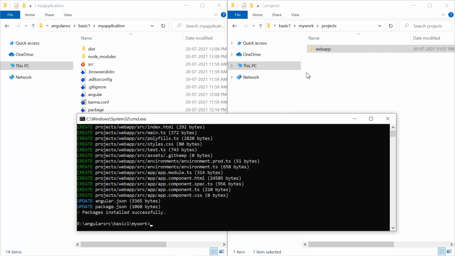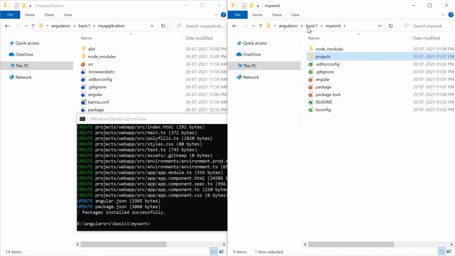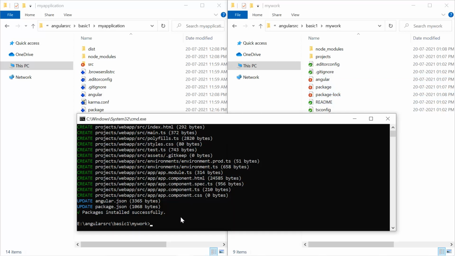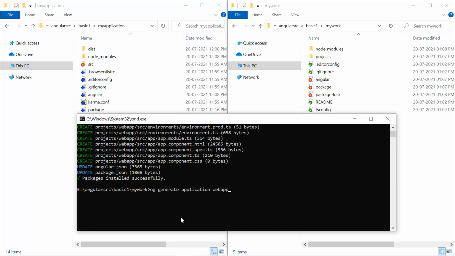Now in my workspace I have created one Angular application, and you can see that we are having more files over here. Earlier we were having only the 6 files. Now one new file package log has been generated for us. No problem. Let's generate one more application over here, and here let's say here I am writing web app 2.